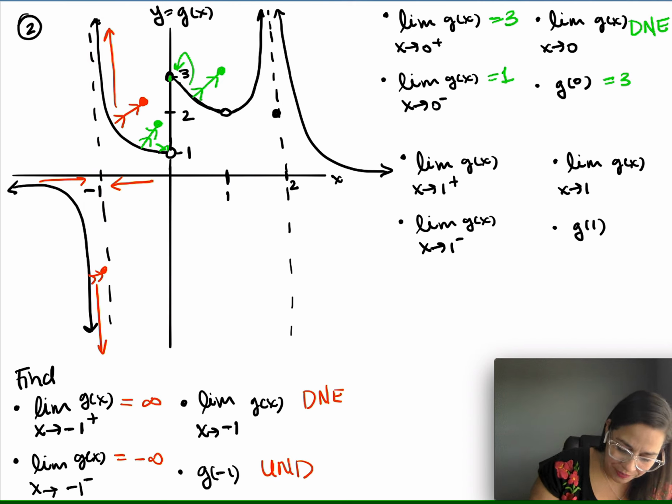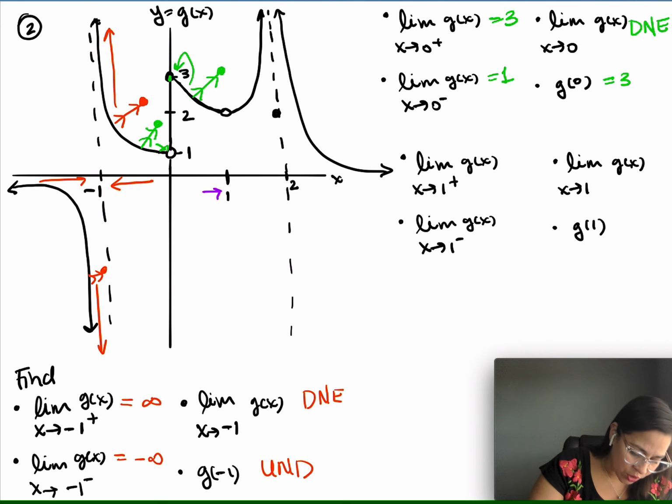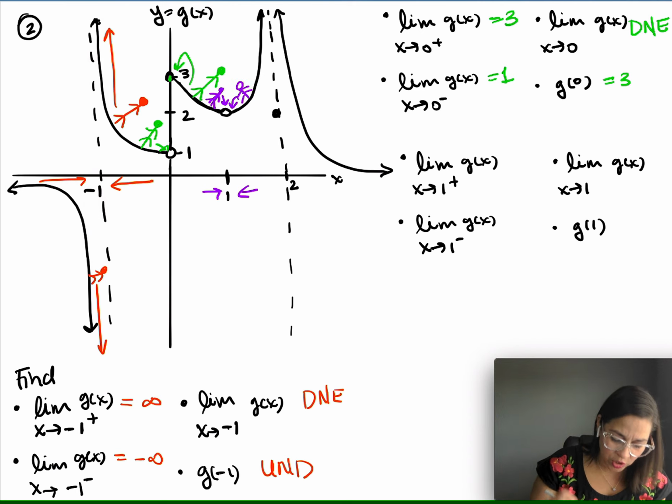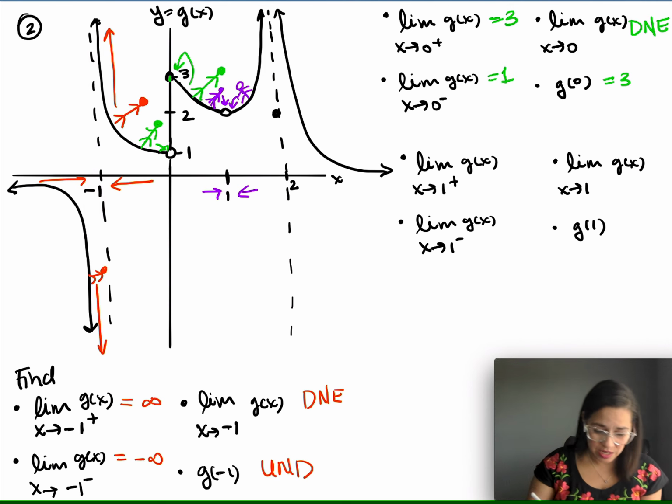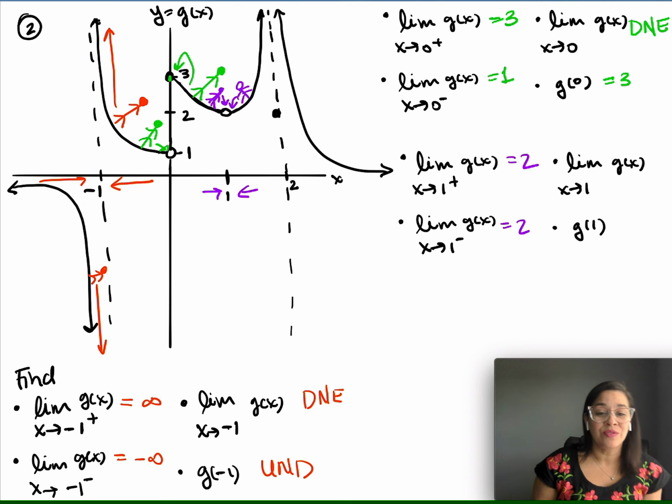So now we'll do 1. So let's see. Okay, so now we are approaching 1. Here we go. So the limit as x goes to 1 from the left, I get on the graph, from the left, it takes me there. Actually, from the right takes me to the same value. So I know that the limit as x goes to 1 from the right and the left is equal to the number 2. Since from the left and the right we got the same value, then we say that the limit as x goes to 1